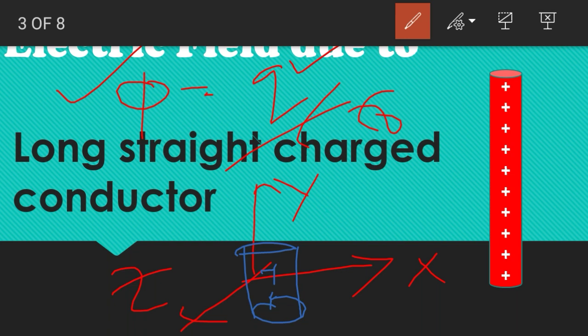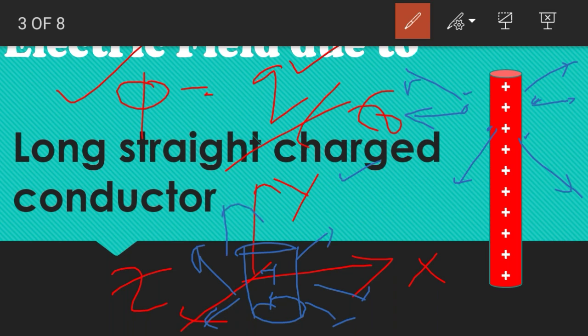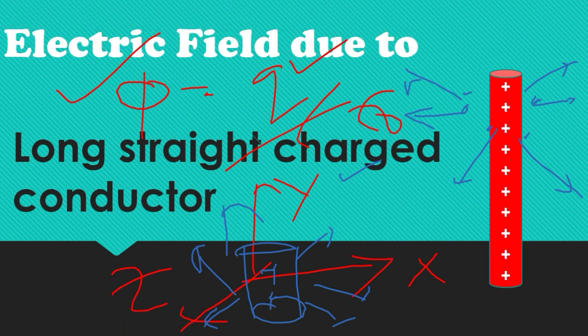If you put a positive charge, it will go in this direction. Look at this picture, all the charges are going in the xz plane. If the charges are situated along the y-axis, then the lines of force are passing along the xz plane only. Okay, the lines of force are lying on the xz plane. So look at this picture.